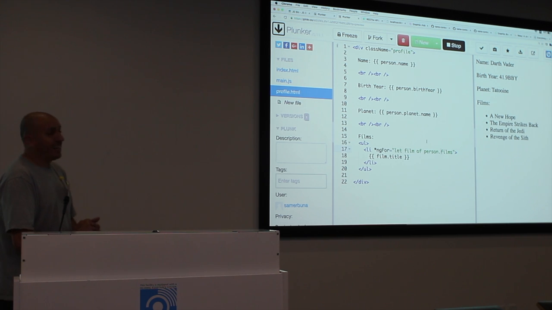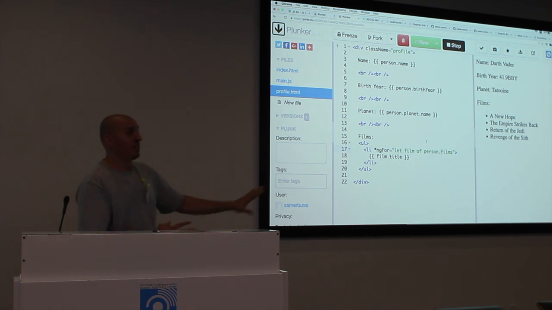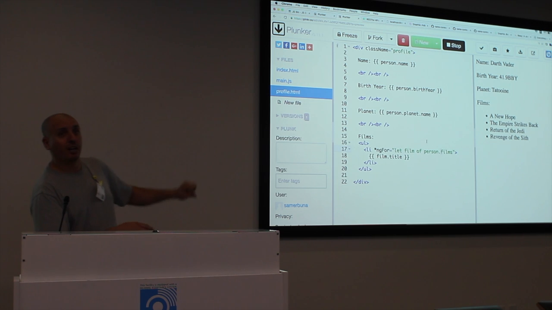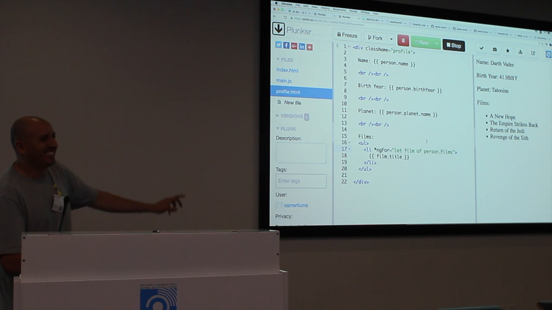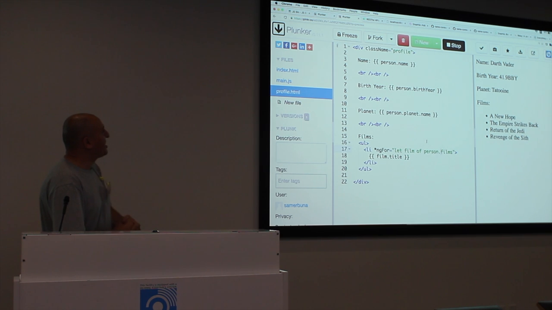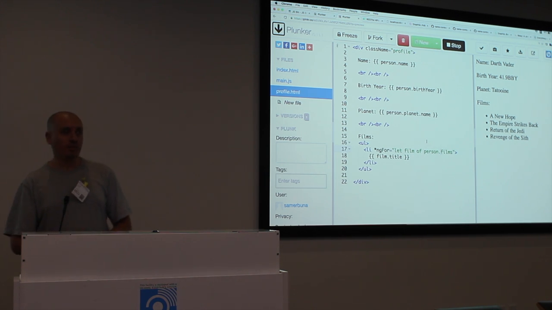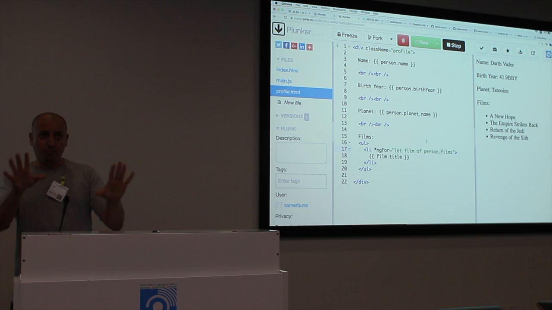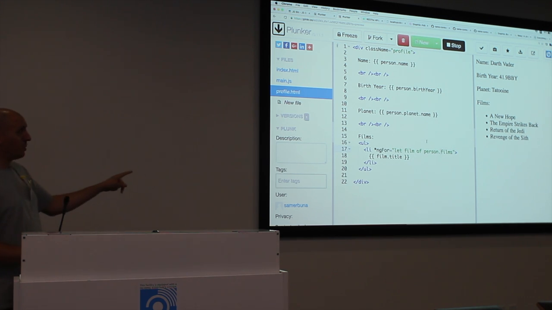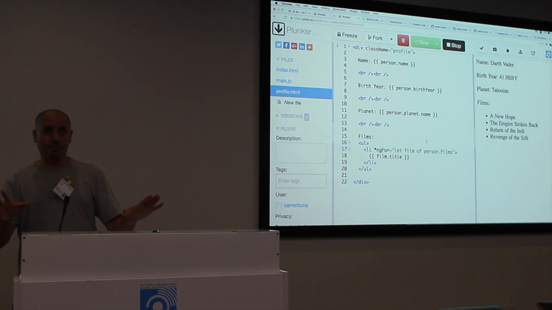Okay, so here's a UI, right? This is an Angular template. I just made it Angular. It was React, so I know this is an Angular crowd. And I'm not very good at Angular. If I'm doing something stupid, let me know. So this is an Angular template, and it's basically a UI component to represent a Star Wars character, right? Very simple: person name, birth year, planet name, and the list of all the titles of the films that they appeared in. And I want you to think, for just a second, how to ask for this data from a RESTful API.